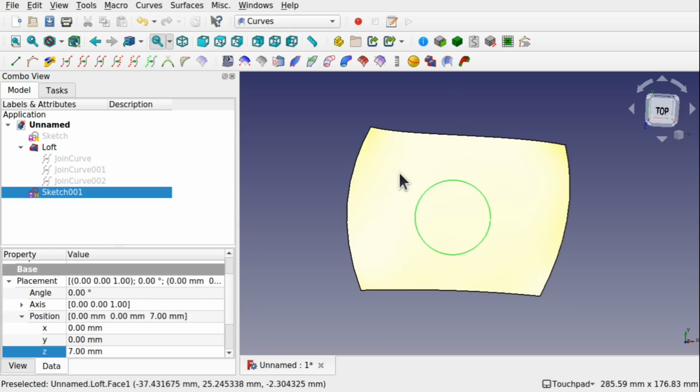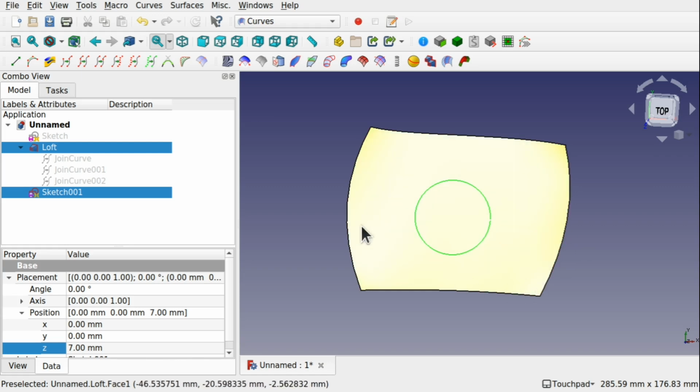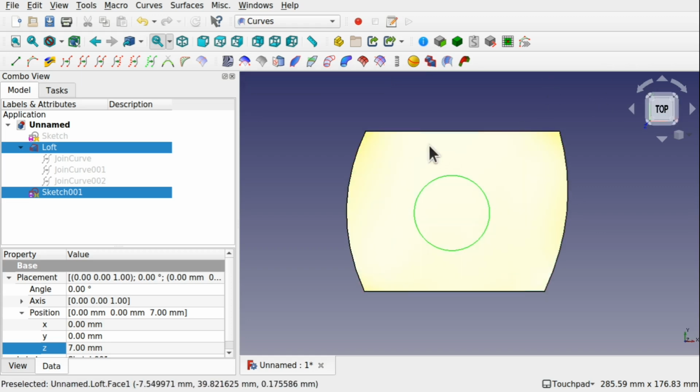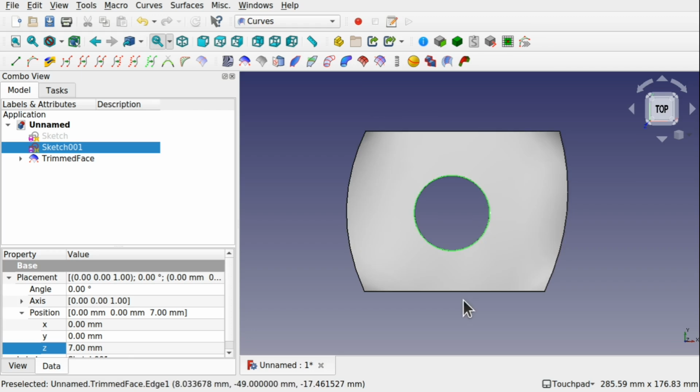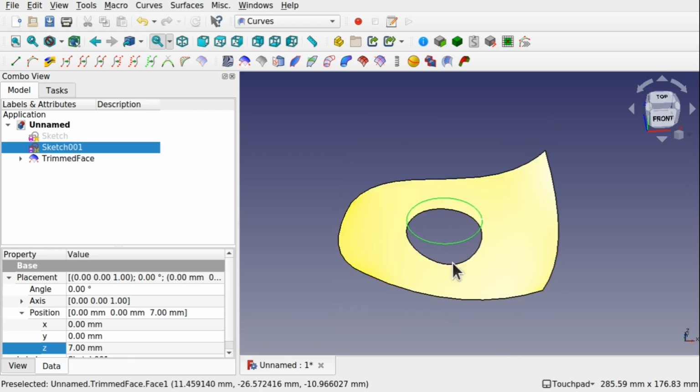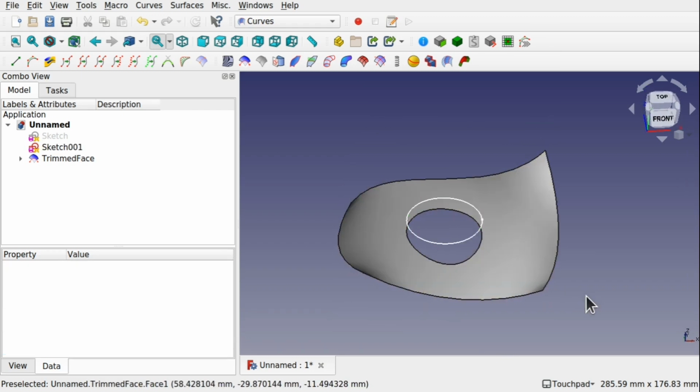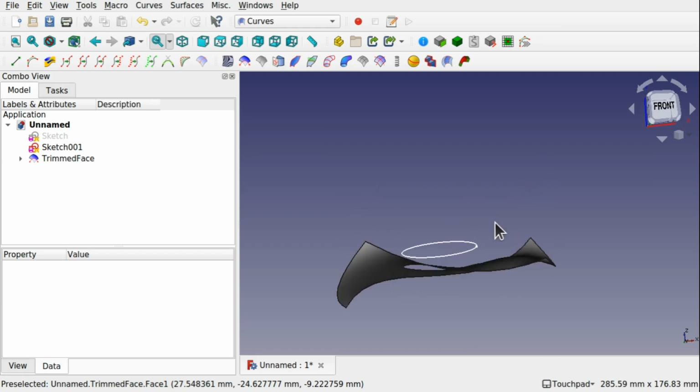And I'm going to control click outside. And this is what I want to keep. I'm going to use the trim tool. Trim a face with the projective curve. Make sure the top is my projection, so making sure that our projection is correct. We're looking top down on there and hit the trim tool. Now trim that hole in there like so. We still want this circle because what I'm going to do is come in